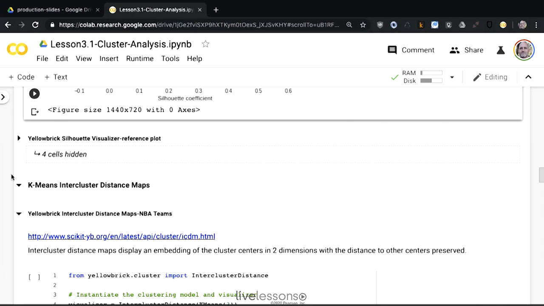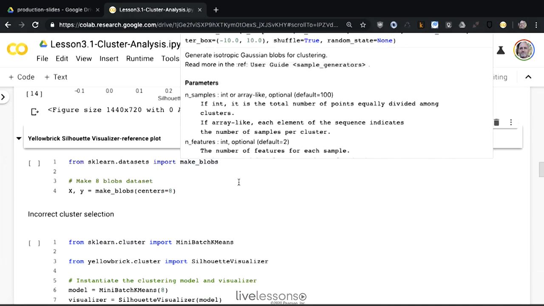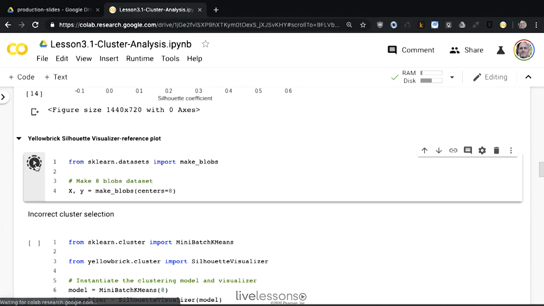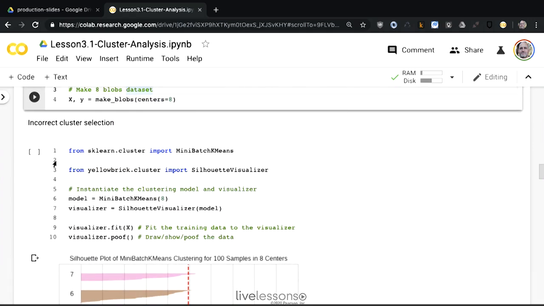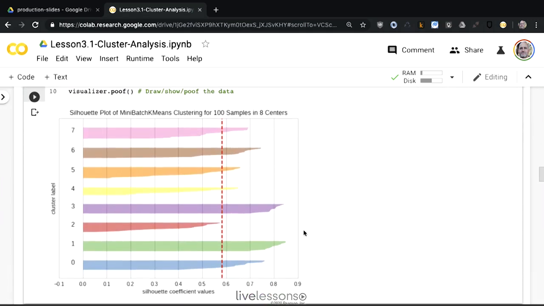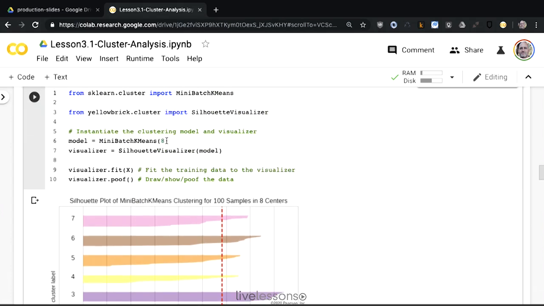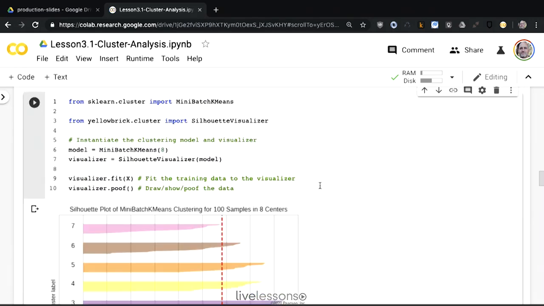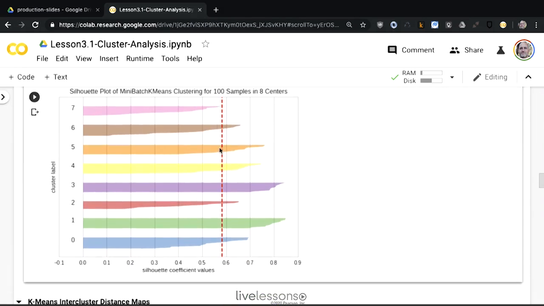So again, if I go through here and I look at a reference plot, that's a great way to make sure you understand how these diagnostics work. Is again, I make 8 blobs, and then I look at potentially an incorrect cluster selection here, right? So you can see again, this one's too shy. We know that in this case, there's not enough. All of the clusters don't get over that silhouette line. So if I go through here and I fix that though, you can see that now they're all basically up